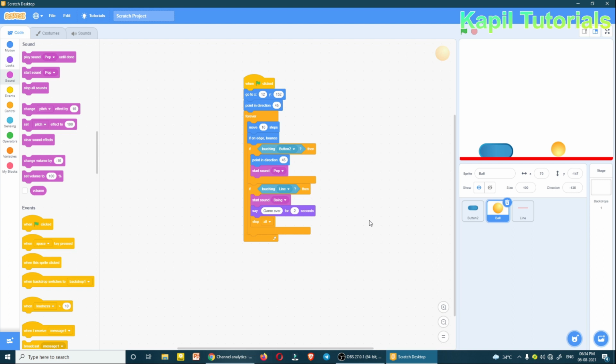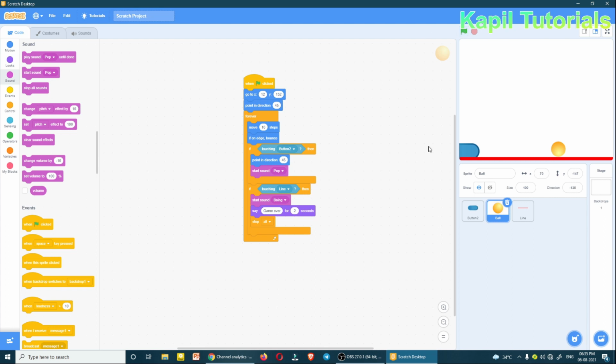Now I'll run the command. So now the sound is coming, and when it will touch the ground, other bowing sound will come. Till here our program is okay. I hope this is also clear to you.